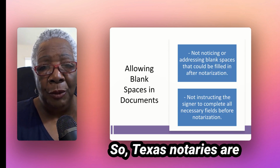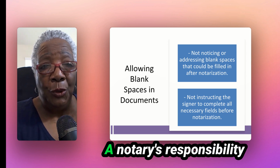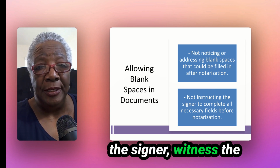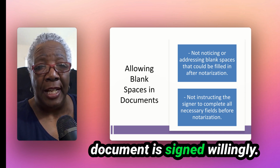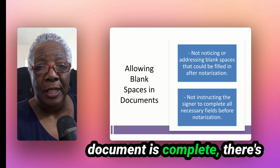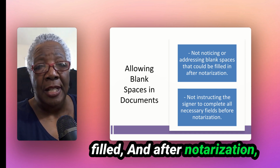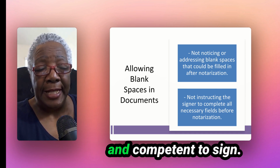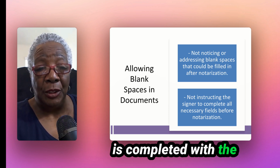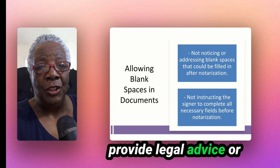Texas notaries are not required to read the document before notarizing the signer's signature. A notary's responsibility is to verify the identity of the signer, witness the signature, and ensure that the document is signed willingly. The notary should confirm the document is complete. There are no blank spaces that could be filled in after notarization. The signer appears willing and competent to sign. The notarial certificate is completed with the correct information, and the notary's role is not to provide legal advice or